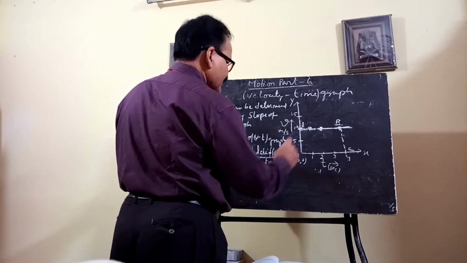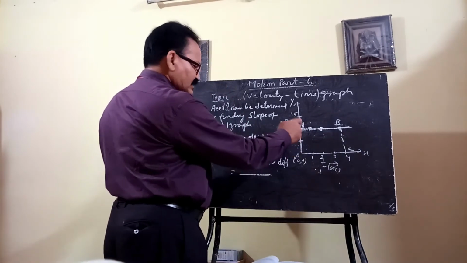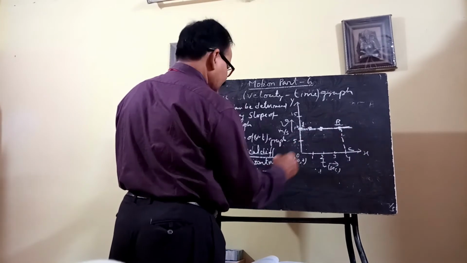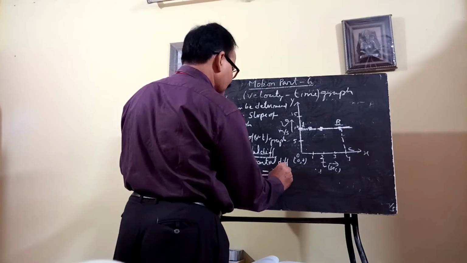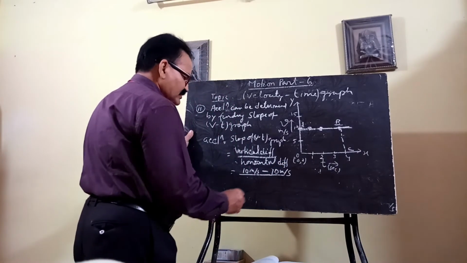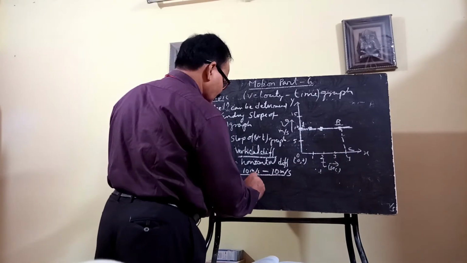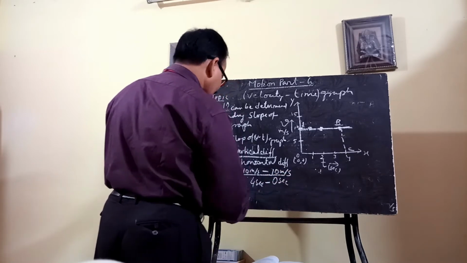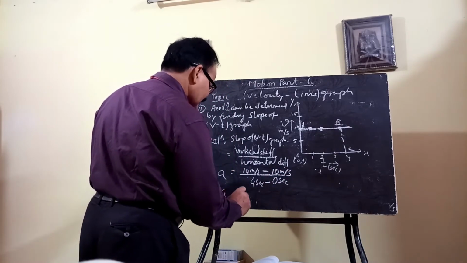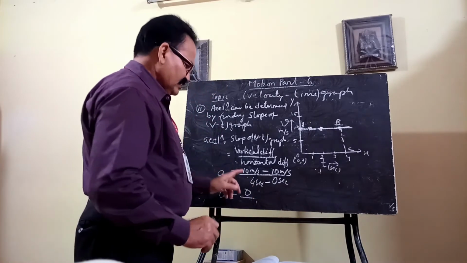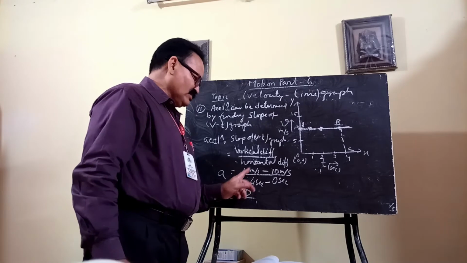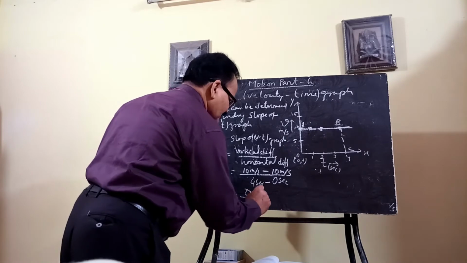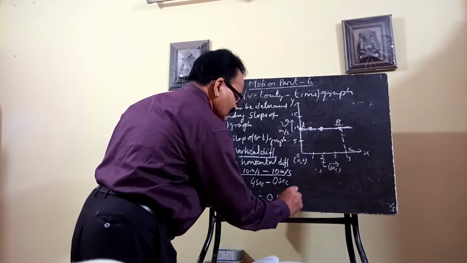That means here for 0 time the velocity is 10 meter per second, and in 4 seconds the velocity is again 10 meter per second, and here the final time is 4 second minus this 0 second. So acceleration a will be the slope. Here the final velocity minus the initial velocity is 0, and time is 4 second. So 0 by 4 equals 0 meter per second square.